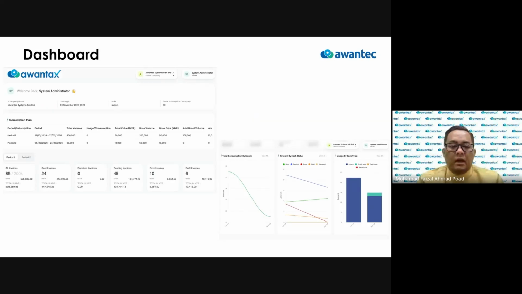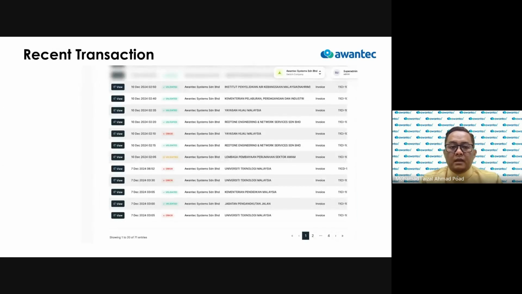Okay, and then we have some of the dashboard that you can see, so you can foresee the number of invoices, what currency, total, base, and so on. This is actually the part a lot of people have been using. They want to know your recent transactions, or you can choose a period of time.